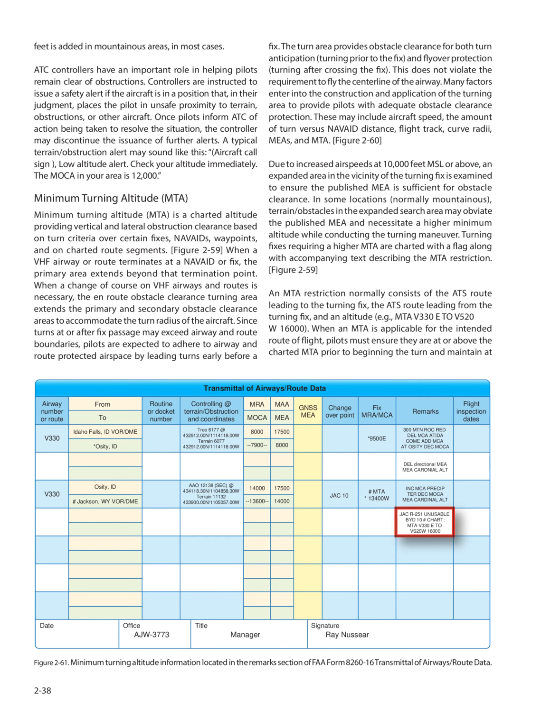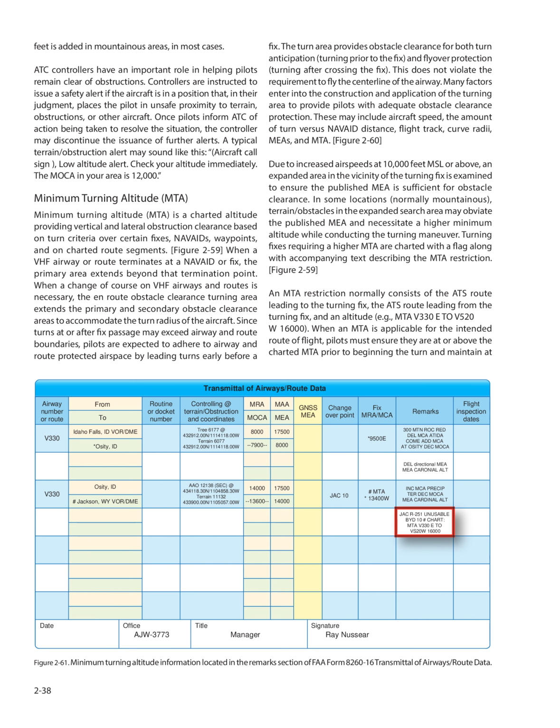Turning fixes requiring a higher MTA are charted with a flag along with accompanying text describing the MTA restriction. Figure 259: an MTA restriction normally consists of the ATS route leading to the turning fix, the ATS route leading from the turning fix, and an altitude, for example, MTA V330E to V520W 16,000. When an MTA is applicable for the intended route of flight, pilots must ensure they are at or above the charted